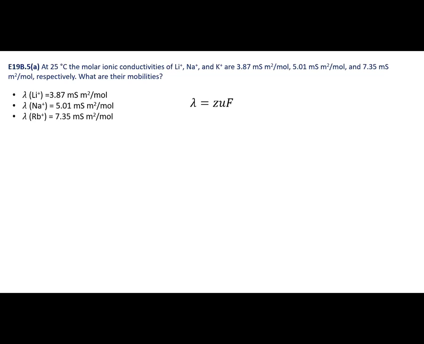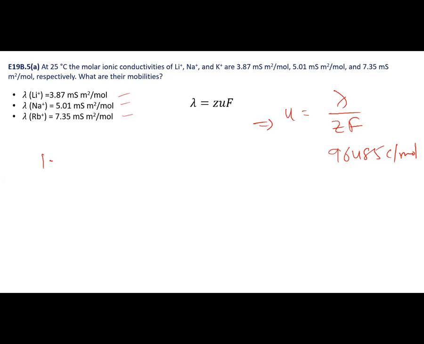So we just need to rearrange this equation so that mobility is equal to lambda over ZF, where Z is the charge. And Faraday is 96,485 coulomb per mole. So it's just a straightforward equation that you plug in the lambda, that is the molar ionic conductivity for these three different ions, and Z is positive one for all of these ions, and you should be able to